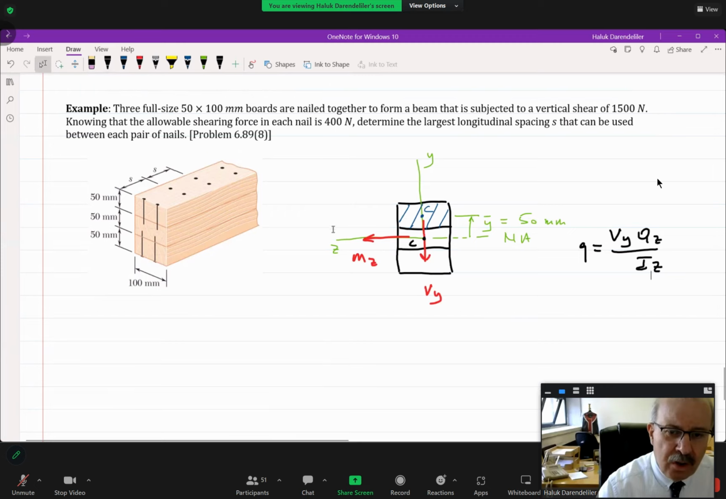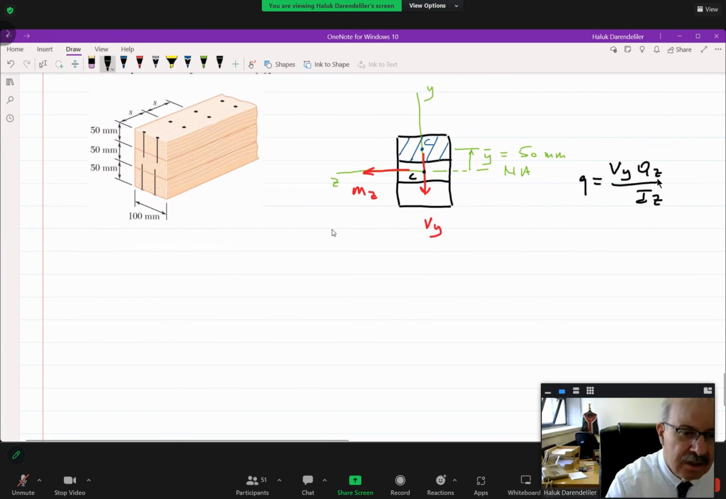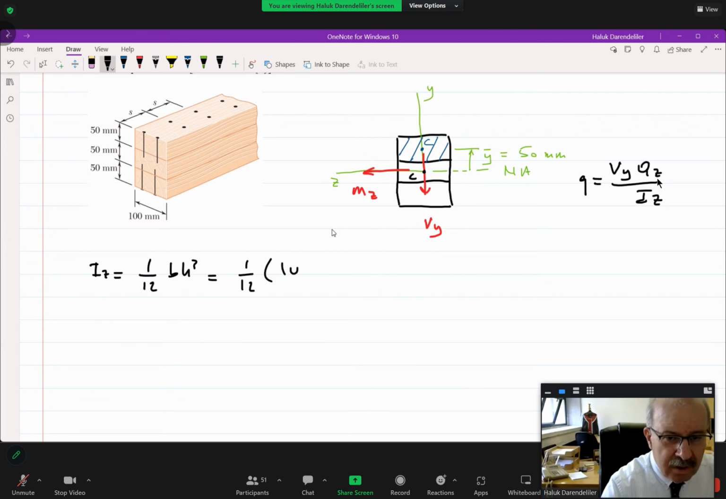Now, first of all, moment of inertia is very clear. Iz is equal to 1/12 b h cubed. B is the width, 1,000 millimeters. The important thing is that this is the moment of inertia of the whole cross section, so multiply 50 millimeters cubed, not a portion of it, always. And that's equal to